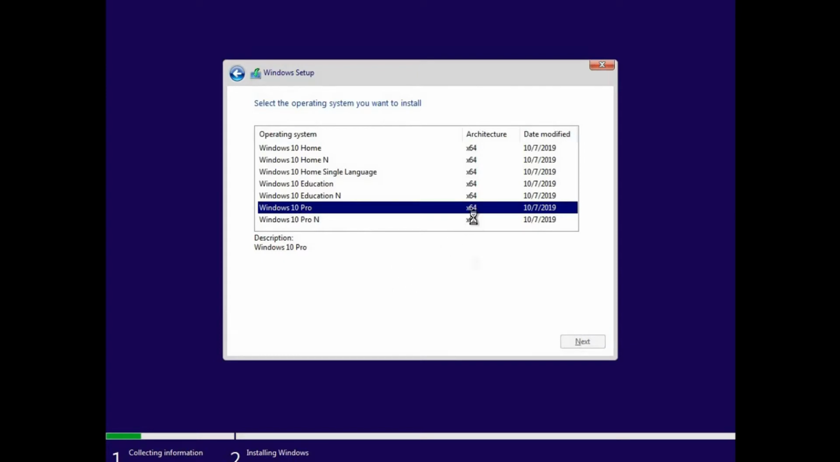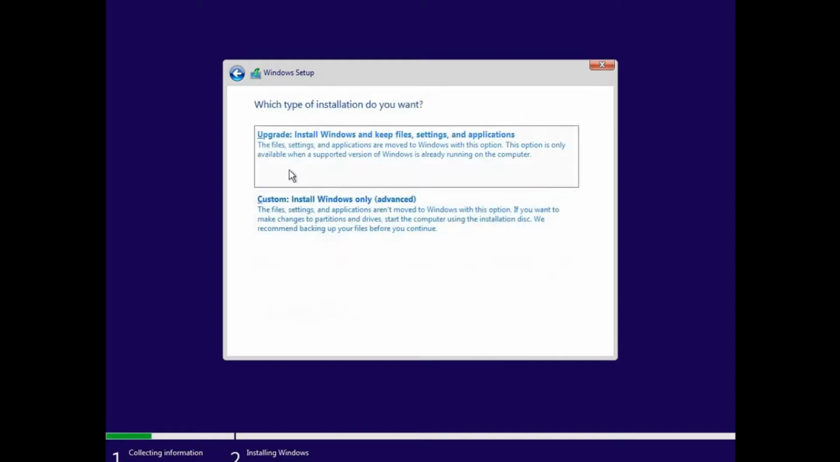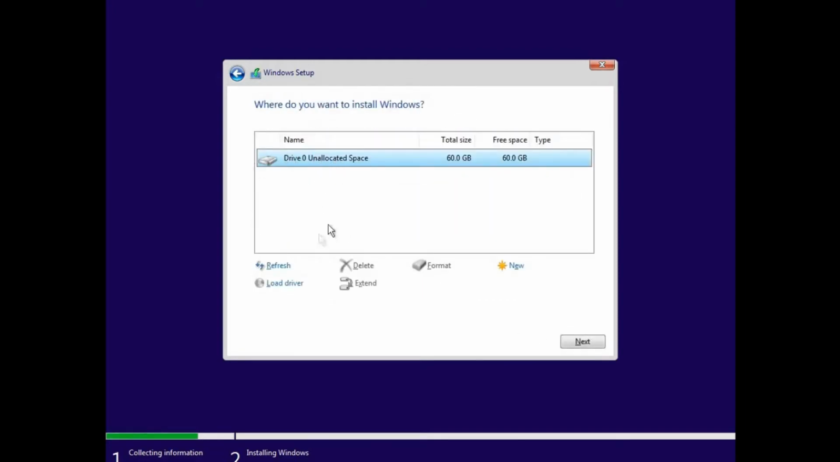Make sure it's 64-bit. I accept, next, and custom. Now you will see here all the drives installed on your physical PC, and in case you want to delete everything and you don't care about the information inside your hard disk, you can select each drive and just delete it, and when you have the last one or two or three, you can just click it and format the drive. This process will erase everything from your hard drive, and then you can click new and apply,